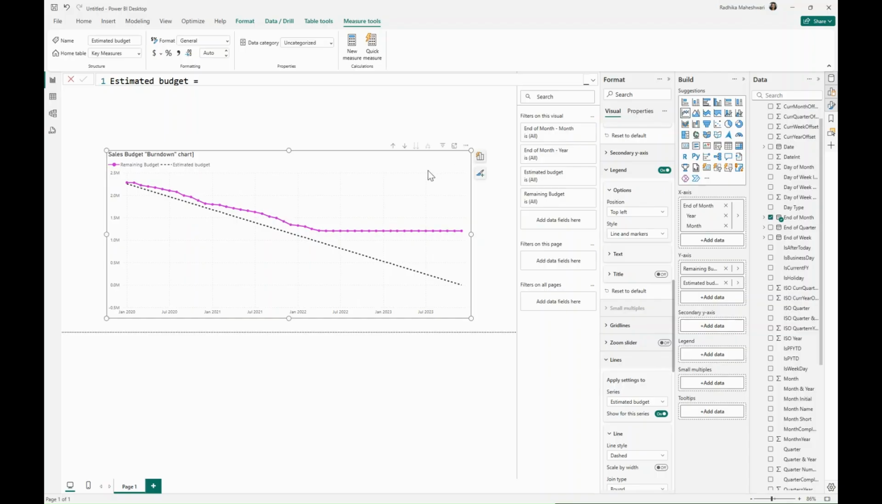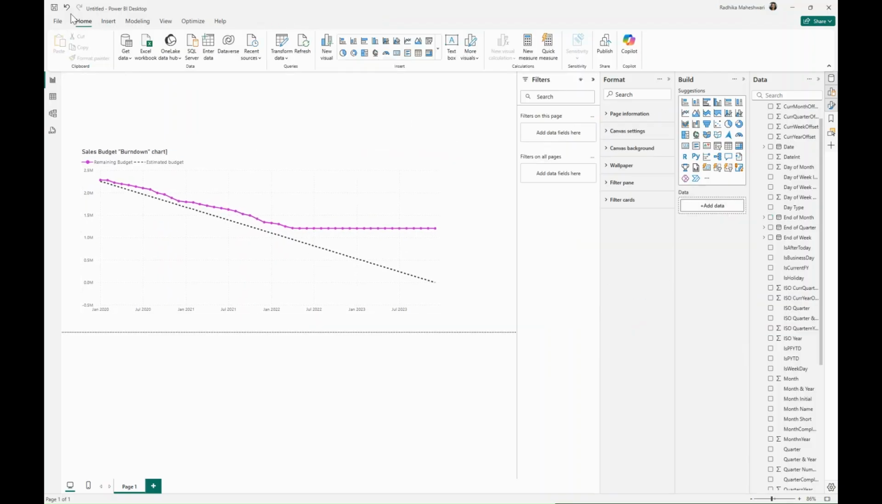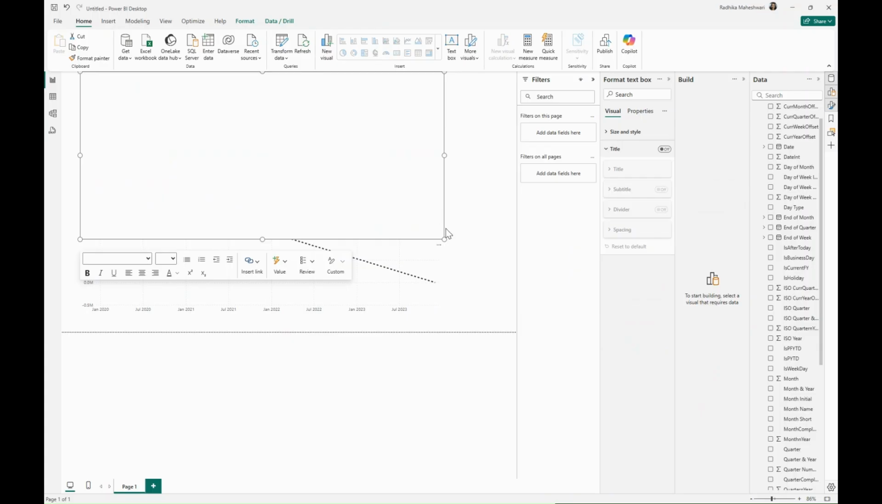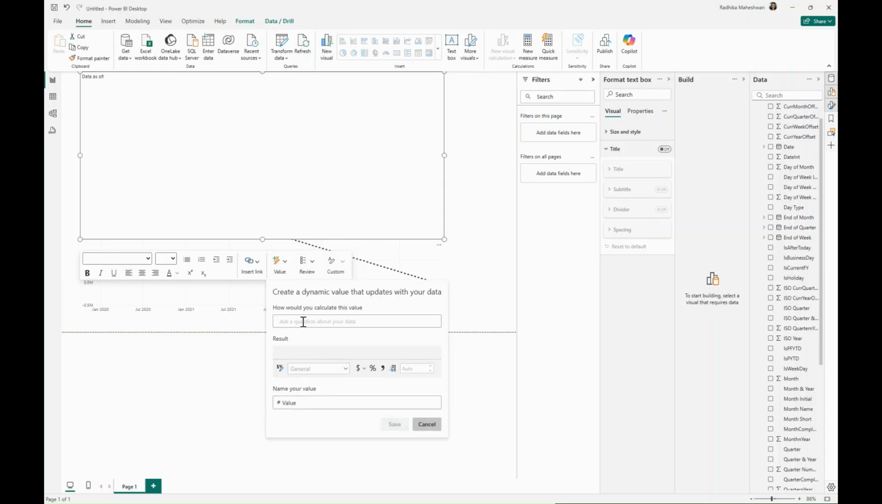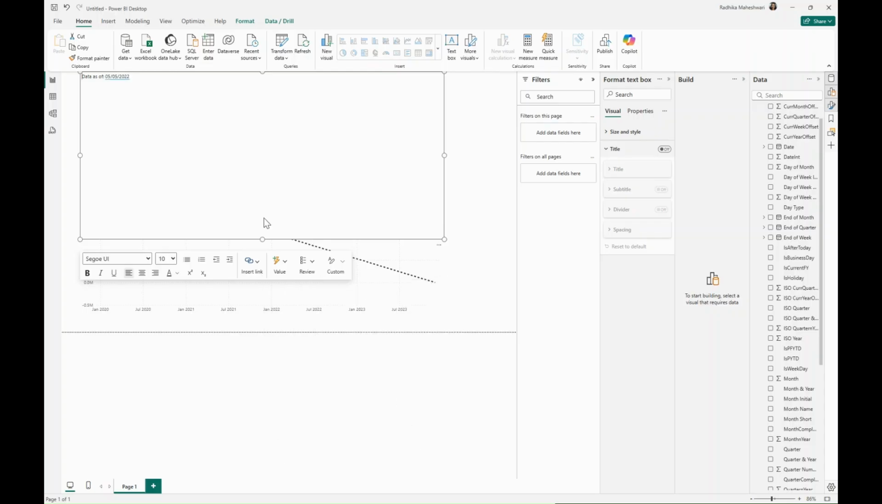Now at the top, we need a text. So for that, I'll go into home, go to text box, and then I'll say data as of, and then we can add value. So going into dynamic value, I will say today because that's what the measure name is. Let's search for today, and I will choose this. Let's choose this particular date format and click on save. So that's today's date. Then we need to put in total budget,